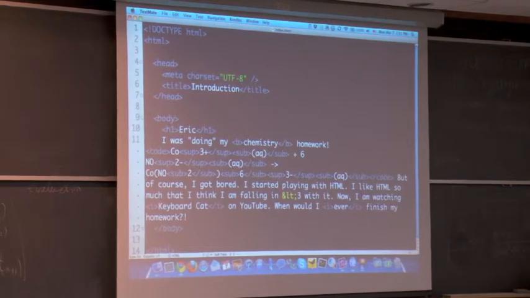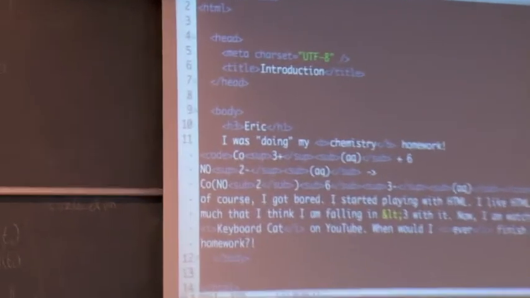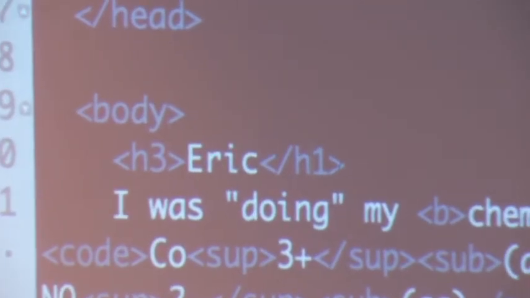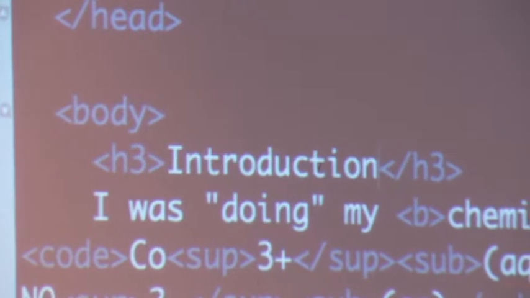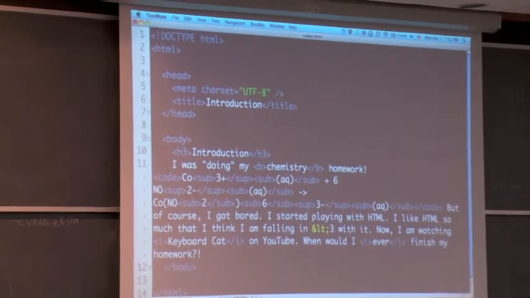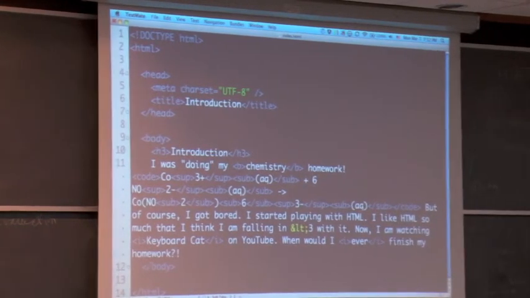So I don't need to have that big of a title, so let me change that to H3. H1 being the biggest and H6 being the smallest. So I'm going to change that to introduction. Okay, so I want to break down my big giant block of text into different paragraphs,